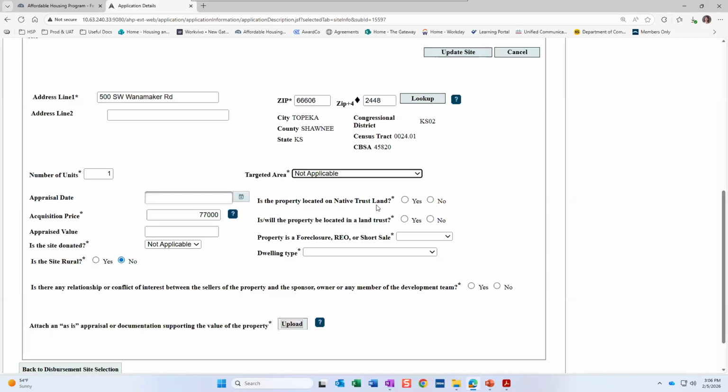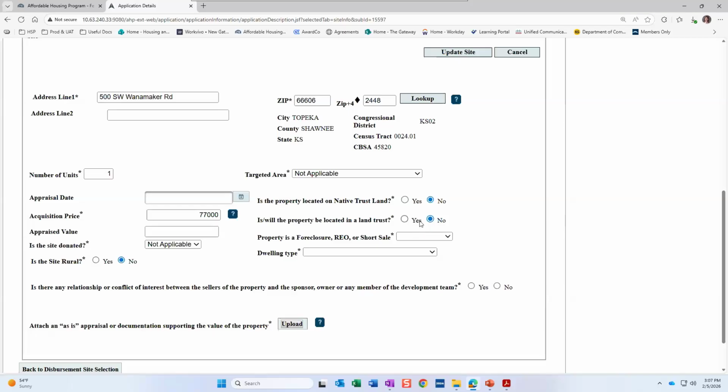Is the property on native trust land or located in a land trust? I know we have some friends here that are a land trust organization, so feel free to answer these questions as applicable. We, of course, our bank office is a no on both of these, but if you are in a land trust, go ahead and click yes. There's nothing special you need to upload or do. Again, this is just for statistical purposes, so it's just informational.